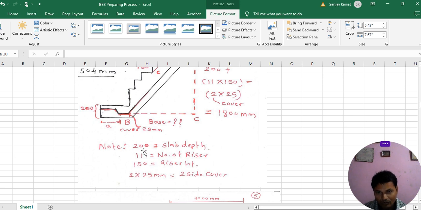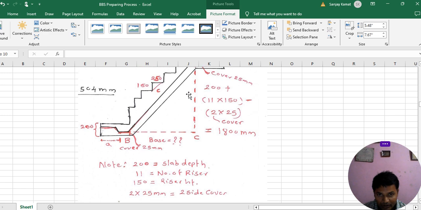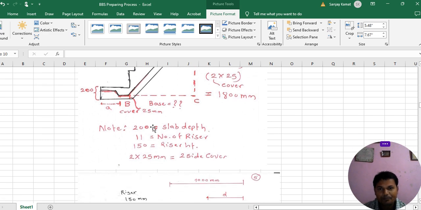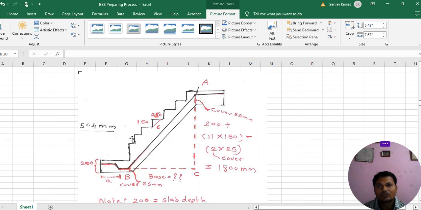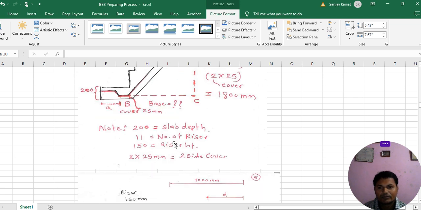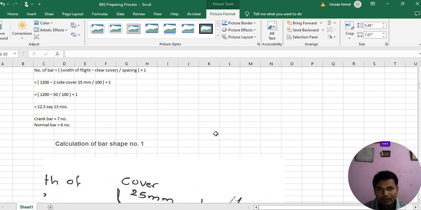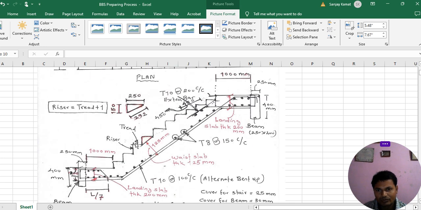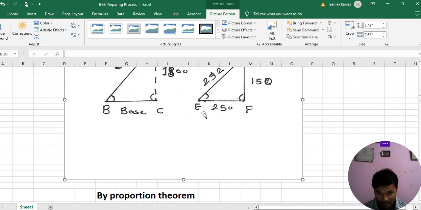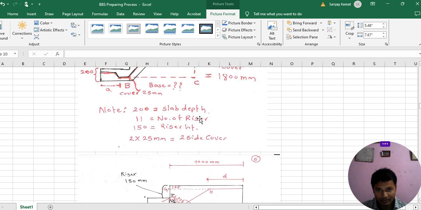So note that. See, slab depth is how much? From this figure we can observe some values given here. So slab depth is 200, and the number of risers in total is how much? 1 2 3 4 5 6 7 8, total 9. Just below there is also one, no? So you can see in the top of the figure, 1 2 3 4 5 6 7 8 9 10 11. So the total number of risers is 11, and